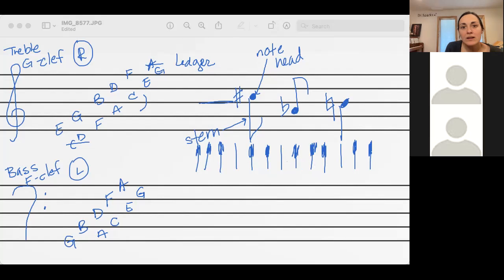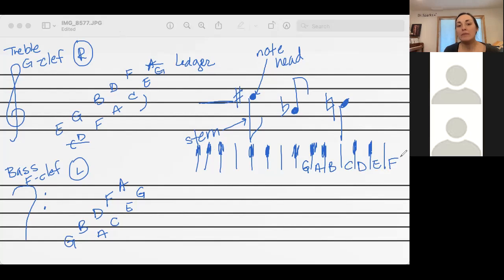Because I put my 2 black keys in a different spot. G is here. There we go. G, A, B, and then the rest. C, D, E, F, etc. Okay. Getting back to the bass clef, we can do the exact same thing that we did with the